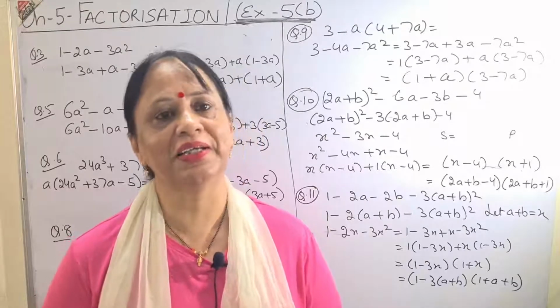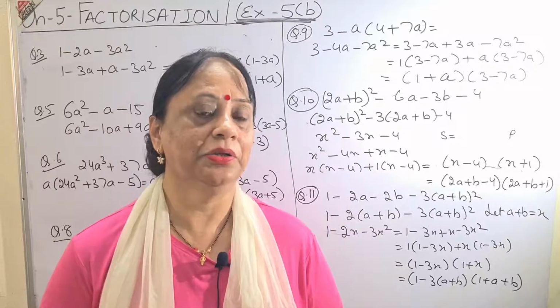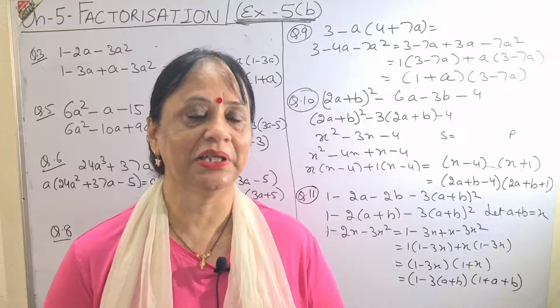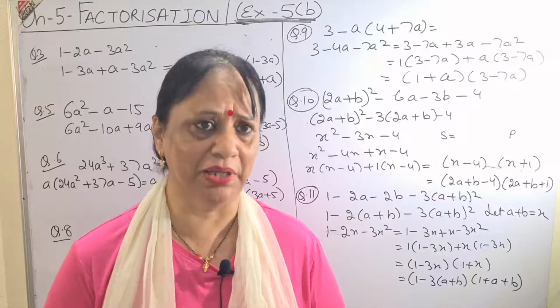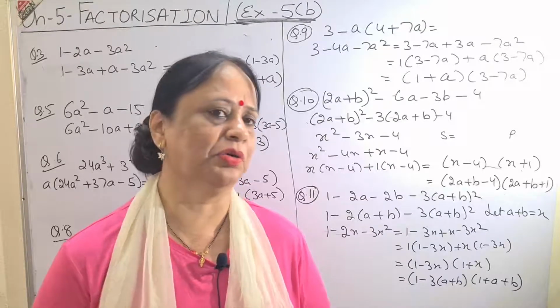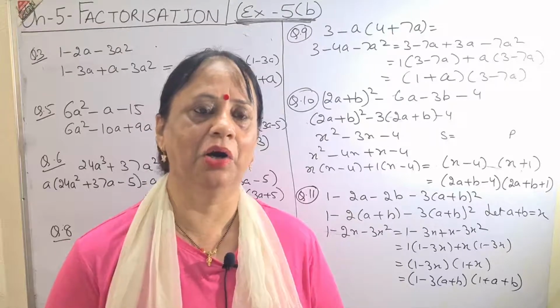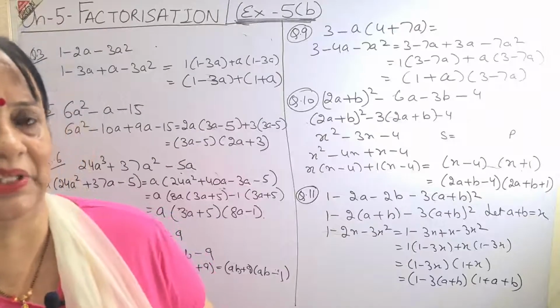So we will factorize the given equations by using sum and product method. You know what sum product means. You have to find two numbers relating to the equation such that when we find their sum and product, that is according to the question given. Numbers have to be similar. That is how you are going to factorize the sums in this exercise.